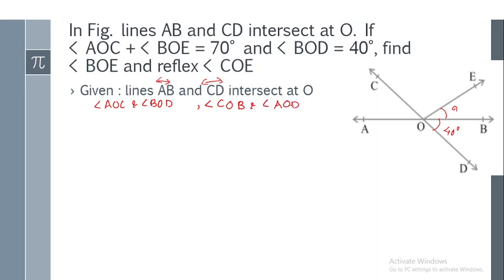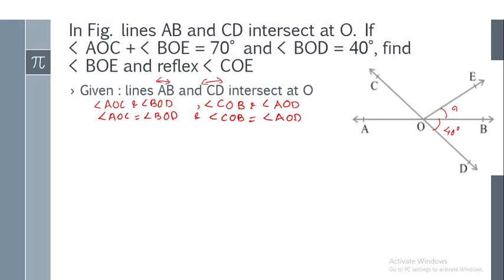So is everyone getting the same answer? The vertically opposite angles that are formed? So what can you say about this pair? Ma'am, vertically opposite angles are always equal. Yeah, so can we say that angle AOC is equal to angle BOD? Yes, ma'am. And angle COB is equal to angle AOD.